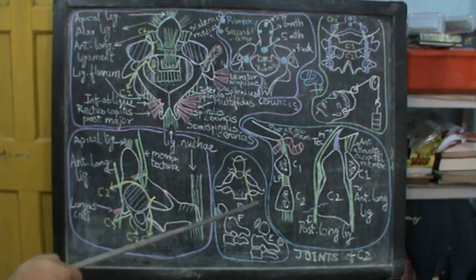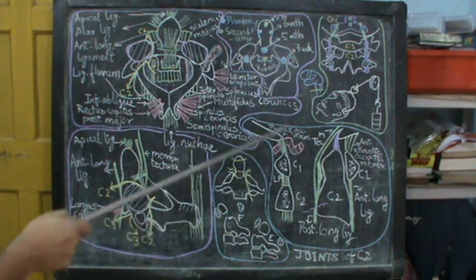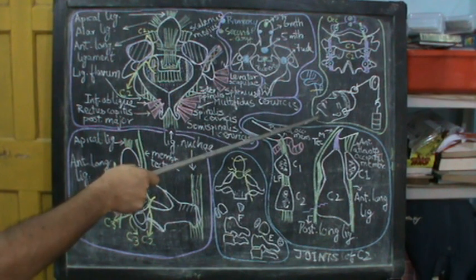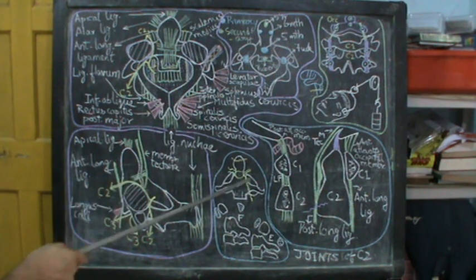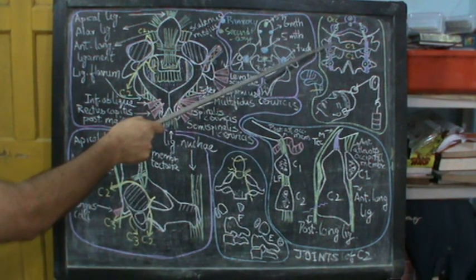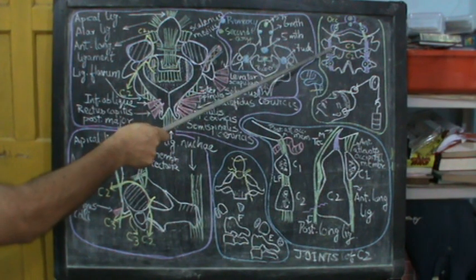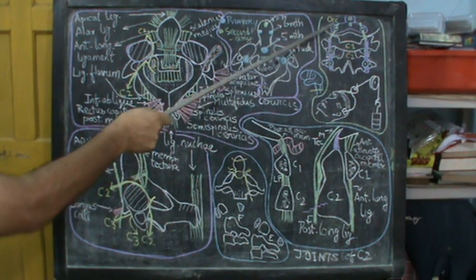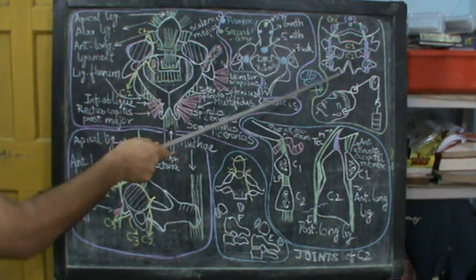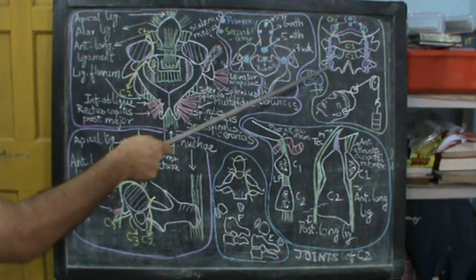And after that, you are left with just 2 alternatives. One is that you either fit a cervical collar or a halo jacket or a Minerva jacket, and by conservative methods you see if there is adequate union between the fragments. If there is not, if there is still instability persisting, then you have to go for fixation. You can fix the atlas and axis together, and if you need more stability, then the atlas, axis as well as the occipital bone might be fixed. All 3 together may be fixed with this sort of rod and screw arrangement.